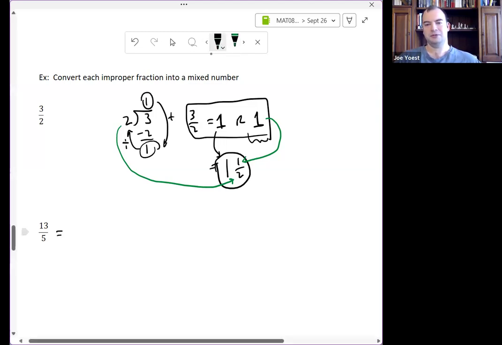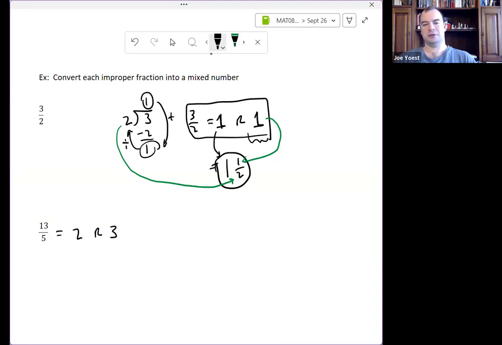Or if I look at 13 fifths, well, I see that 5 goes into 13 twice. 2 times 5 is 10. This gives me a remainder of 3. Or 13 fifths is 2